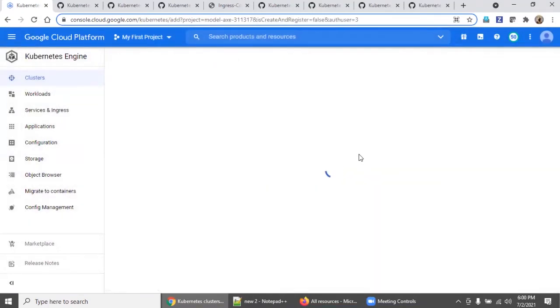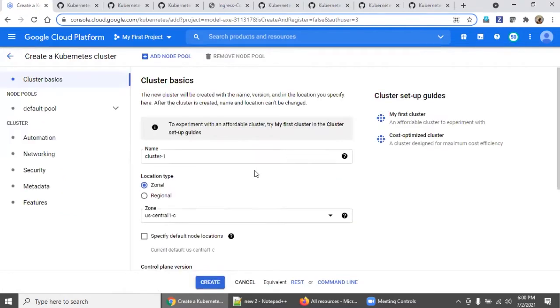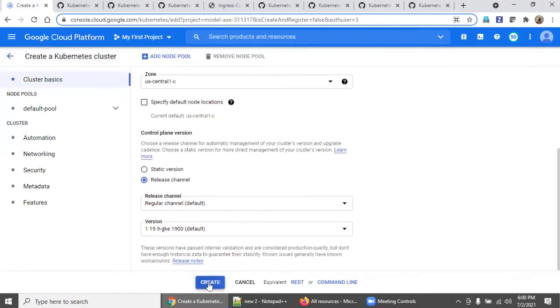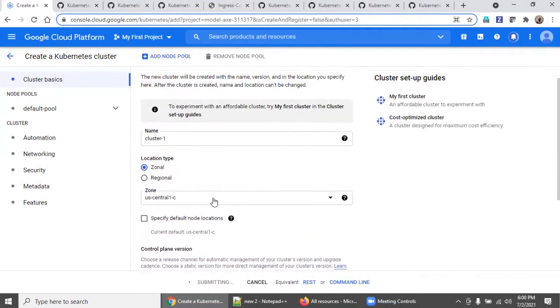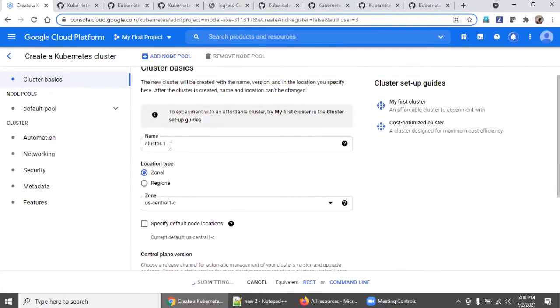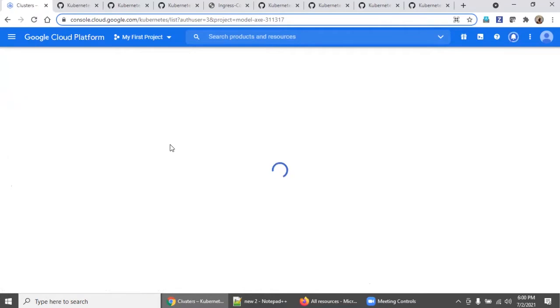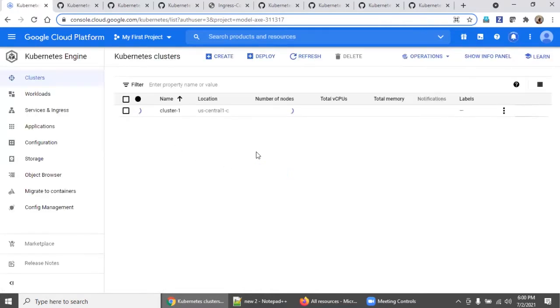Wait for a few seconds. First, we will configure the standard Kubernetes cluster. Once configured, let's say Create. If you want, you can mention a different name, but I'm going with the default name. This will take some time.